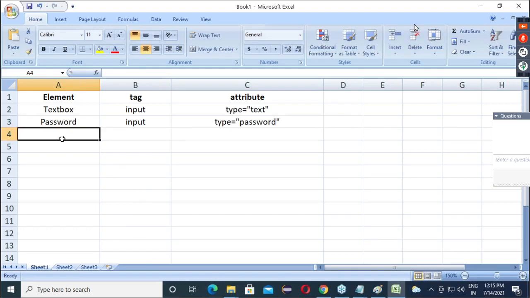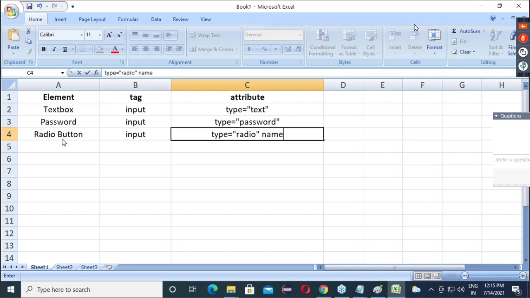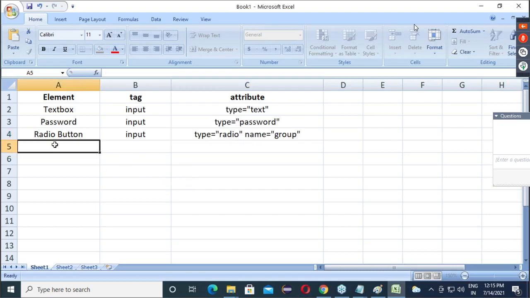After that, radio button: tag will be input, type equals to radio, and one more attribute is compulsory, name equals to group, whatever be the group name. Then next is checkbox.